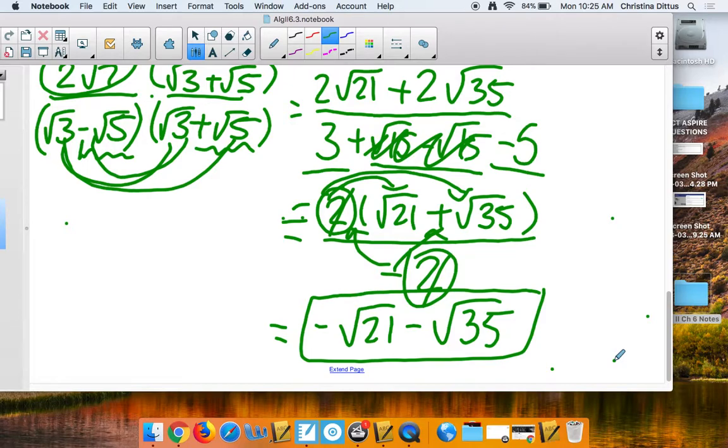Questions? Rationalizing a denominator means what? Get rid of the square roots. When you have 2 of them, best thing